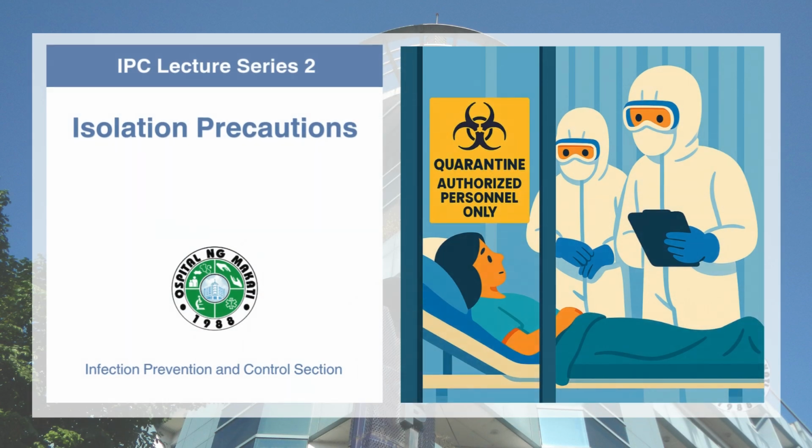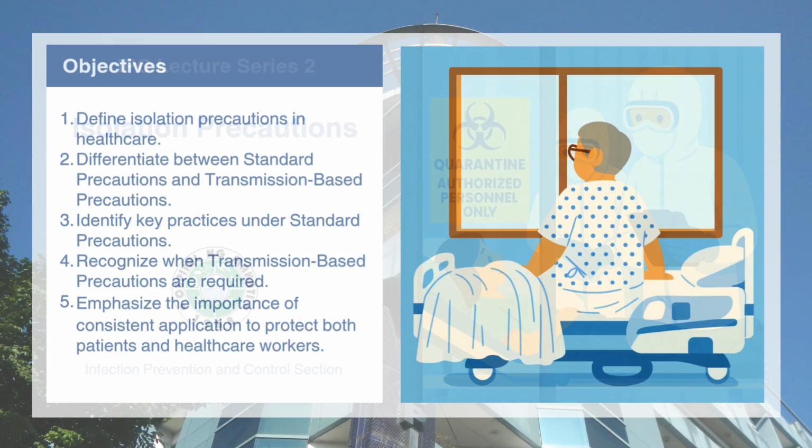Good day, everyone. Today, we will discuss the guidelines for standard precautions. These are the minimum infection prevention practices we must consistently apply in all patient care settings to protect both our patients and healthcare workers. By the end of this session, participants should be able to clearly define isolation precautions, distinguish between standard and transmission-based precautions, and identify the essential practices under each. Most importantly, we aim to highlight why strict and consistent compliance is necessary for both patient safety and healthcare worker